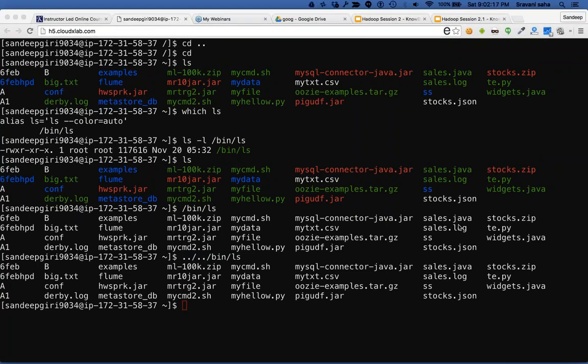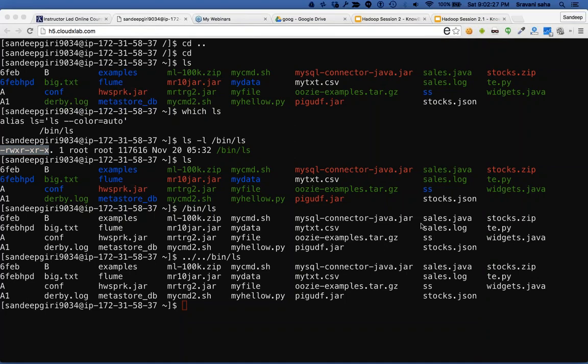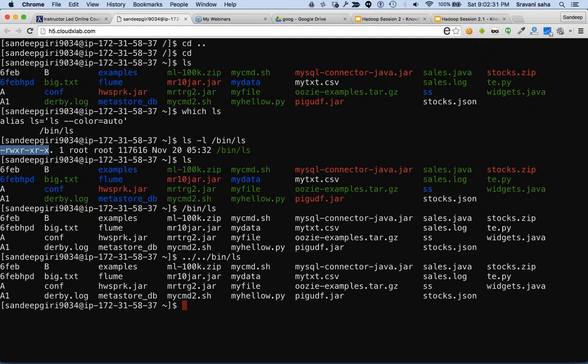Yes, Ashok. Whenever you see x, x means executable. We will go deep into the permissions, but just know that whenever you are creating your program,